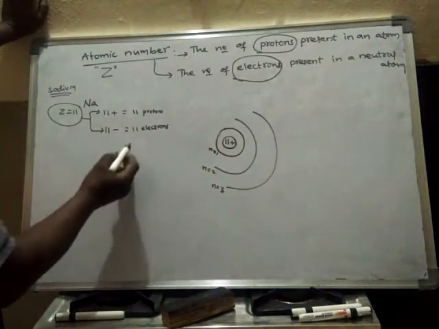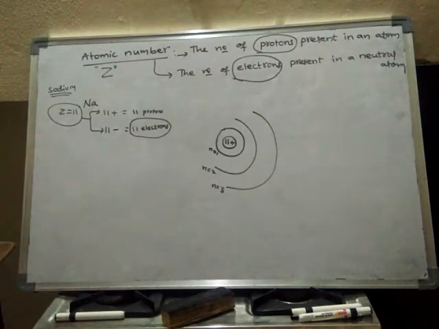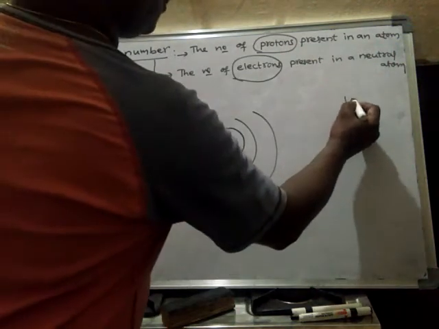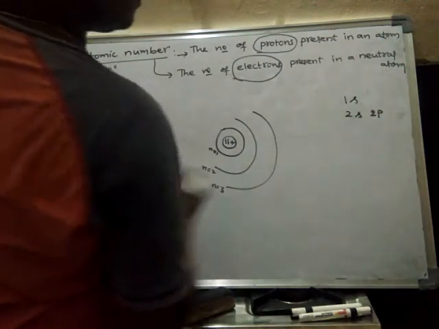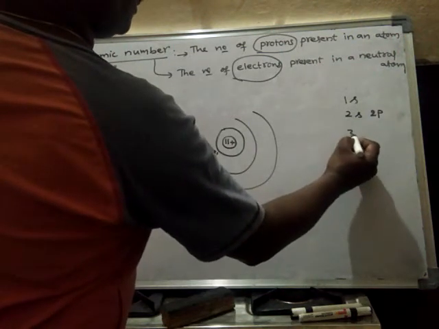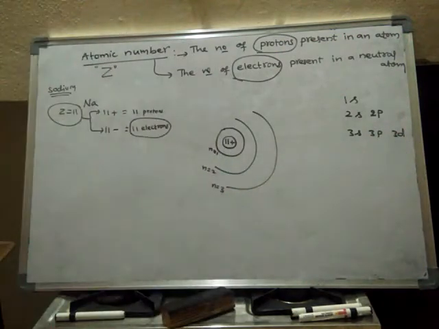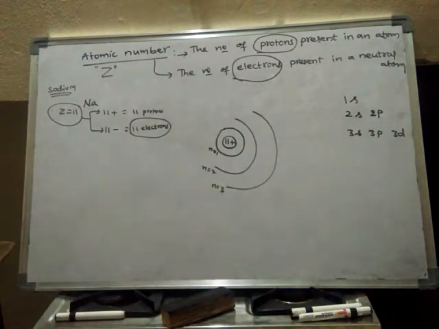Where are these 11 electrons located? Electrons are present inside the orbitals, and orbitals are present inside the suborbits, and suborbits are present inside the orbits. That means orbits contain electrons, we can simply say. The first orbit contains only s. The second orbit contains s as well as p. The third orbit contains s, p and even d. All these things we learned in our previous video.